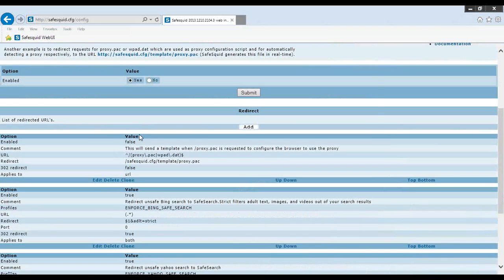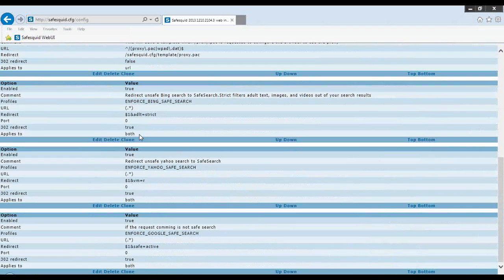So what I'm talking about here basically is creating a much better Web 2.0 control. Can you see here? I've got this rule here in the URL redirecting section, which looks at the profiles being enforced Google Safe Search, and it does an appropriate redirection.